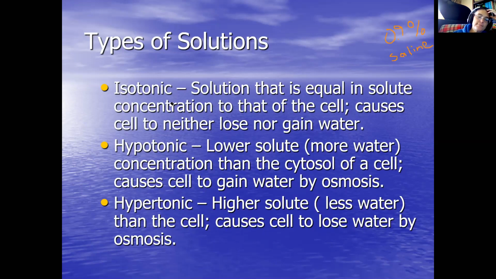Okay, so hypertonic is a solution that has more salt dissolved in it than 0.9%. If you were to take that same scenario, looking at blood under a microscope, and put a hypertonic drop of saltwater onto your slide, you're going to see all the water rush out of the cell, and it's going to cause the cell to shrivel up. It's called crenulate. And the cool thing is you can then drop an isotonic solution on it, and you can watch them all fill back up until they're nice and happy.